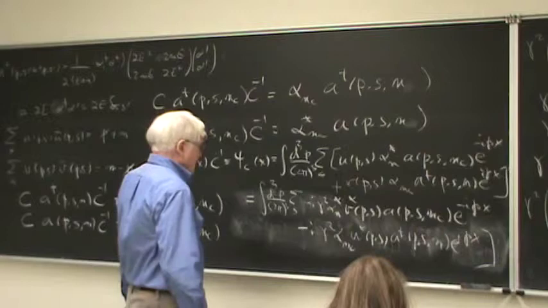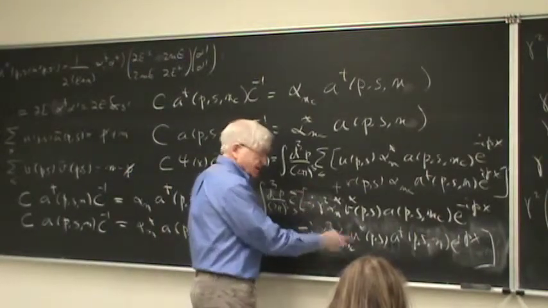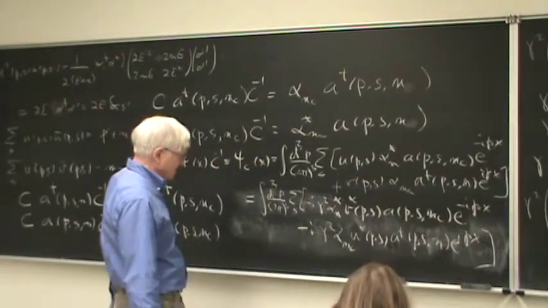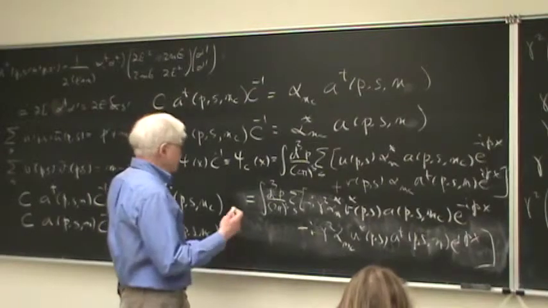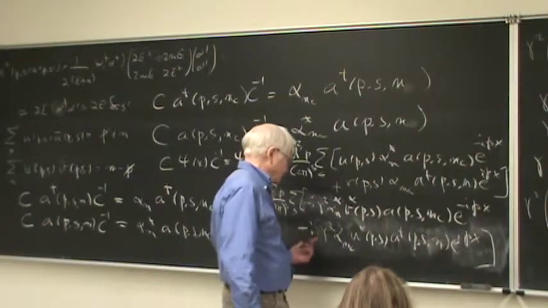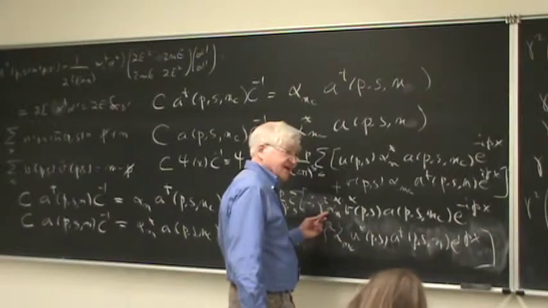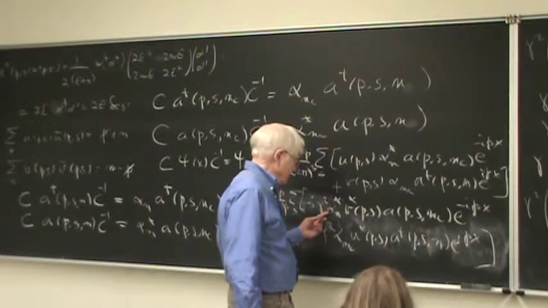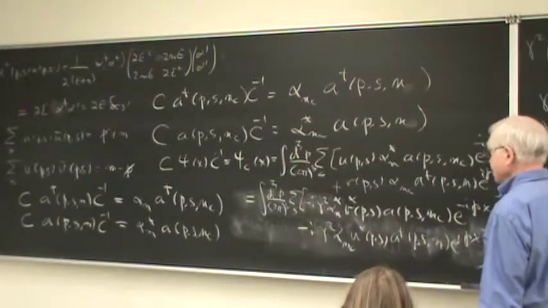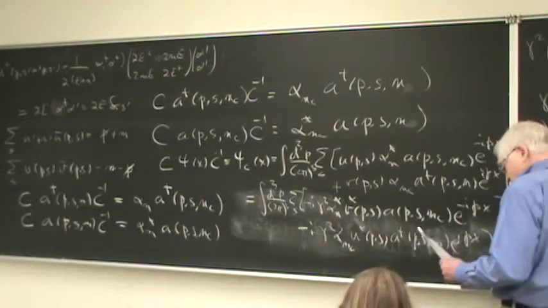Now, this thing here, okay, this combination of creation and annihilation operators and Fourier factors and phases, this thing is going to be simply related to psi if these phases are the same. Okay? Because if they are the same, then we can say that psi c is minus I gamma 2